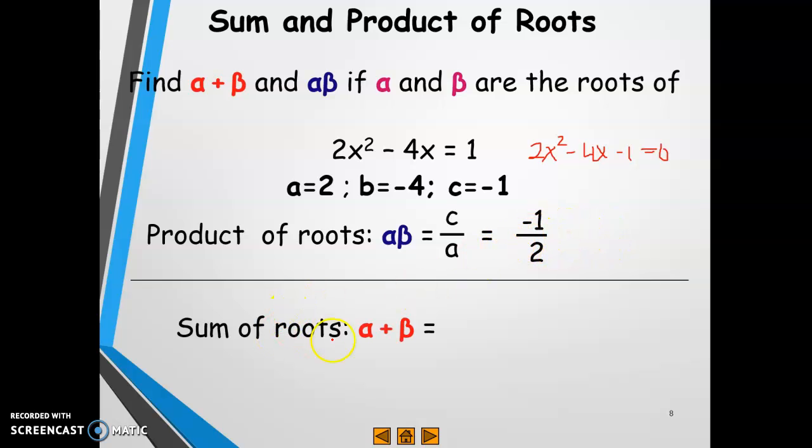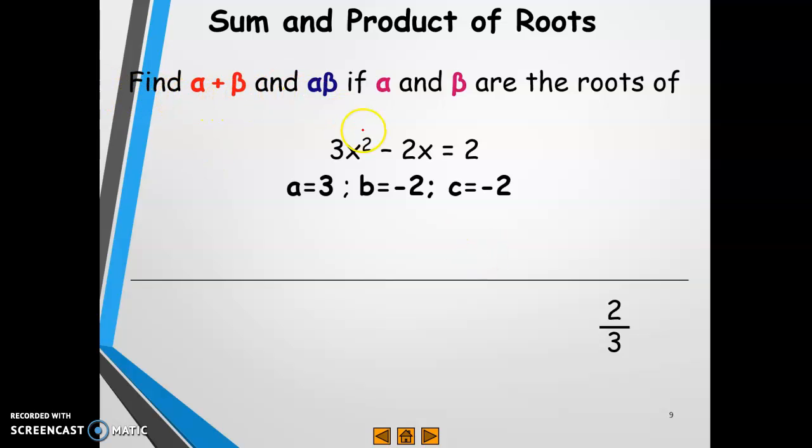Negative 1 half. So for the sum, that's negative B all over A, right? Since again our B is negative, it will be negative times the negative 4 over 2, which is positive 4, right? Or positive 4 over 2, or simply 2, okay? So your sum is 2, your product is negative 1 half. Your sum of roots is 2, product of roots is negative 1 half. Next example,